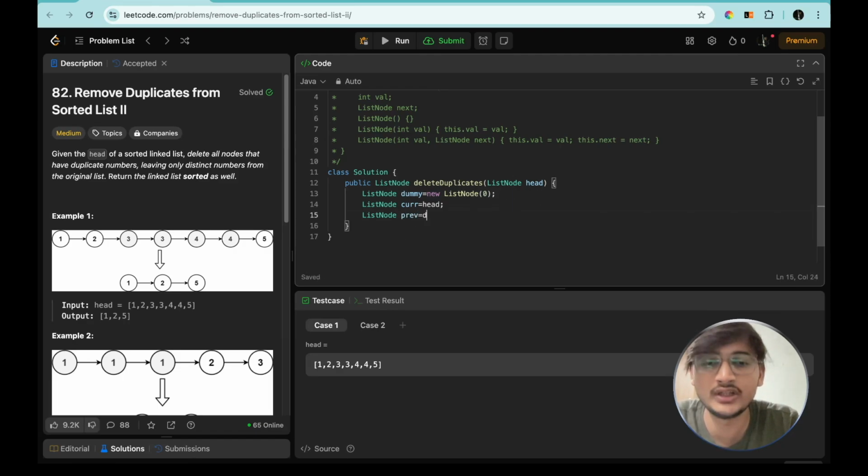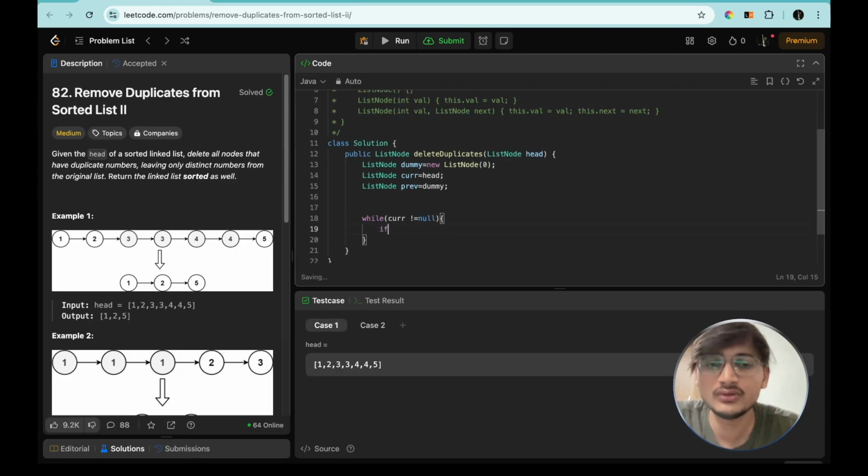So previous is pointing to dummy, and then dummy is pointing to the list node. So what we can do now, we can use a while loop. While this current element does not become equal to null, if this is the case, then we have to check for another condition as well, that is, if the current.next does not equal null,